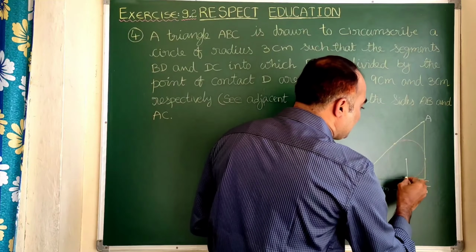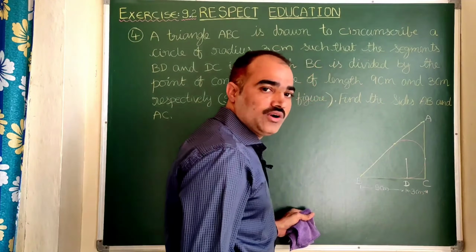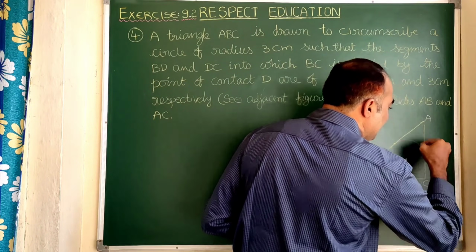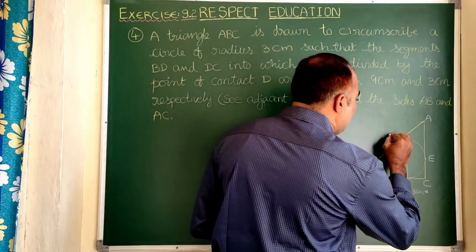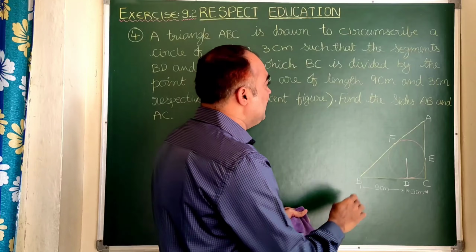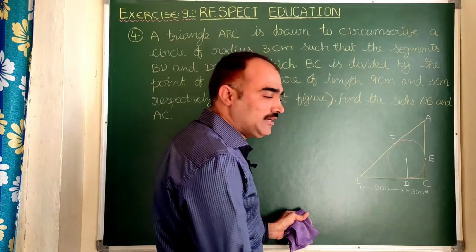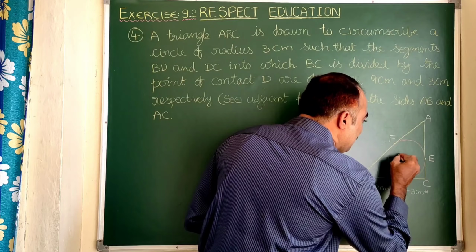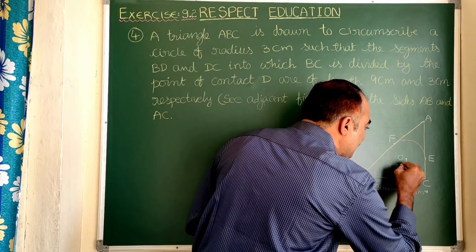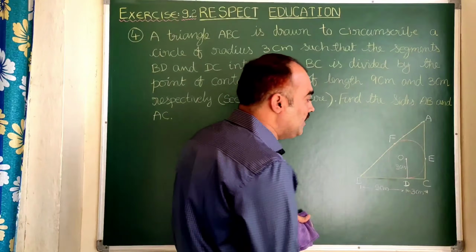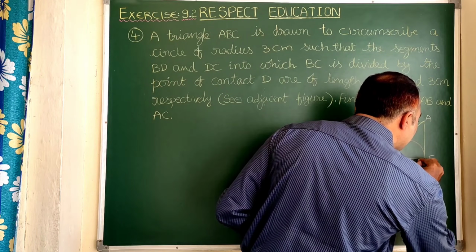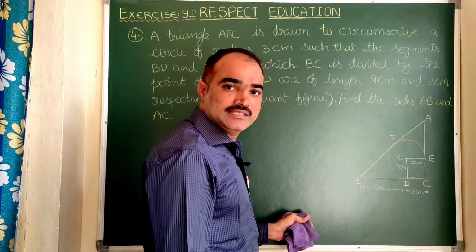Here if you understand carefully, D is not the only point of contact. Here you can take this point, we take it as E. E is also a point of contact, and let us consider F. F is also a point of contact. Given that the radius is 3 cm, let us take this circle whose center is O. Then clearly OD is 3 cm. At the same time, if you join OE, it is also 3 cm, because that is also a radius.